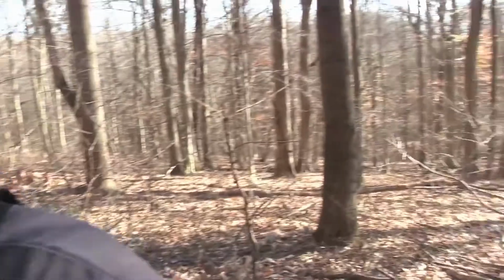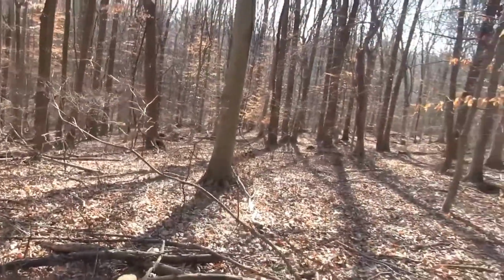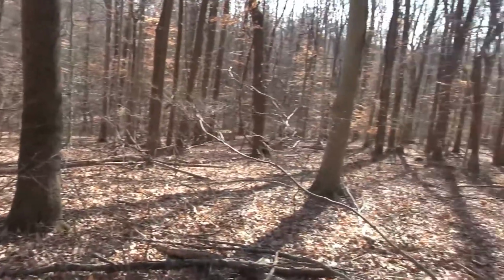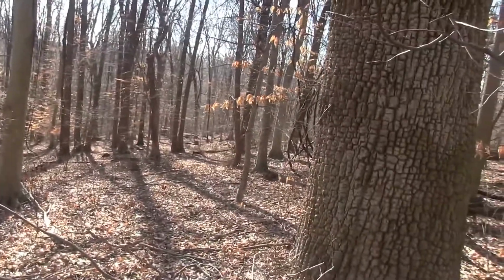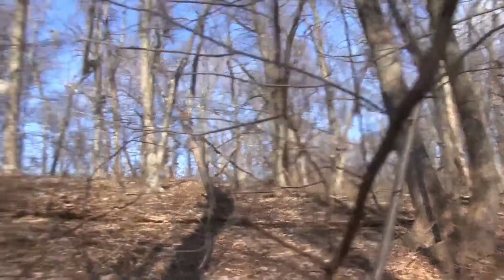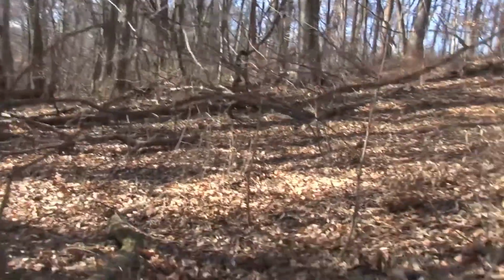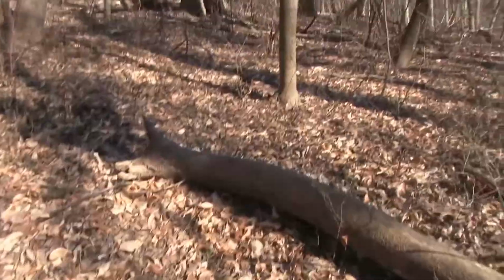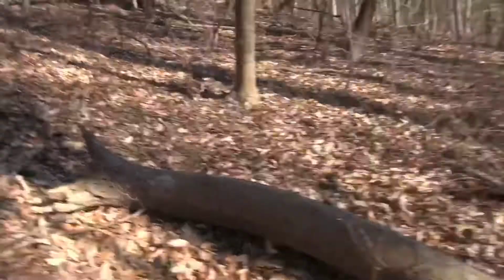So, walking this big ravine, big bottom. You can see down here, a big, huge hill. Down the bottom, there's a creek that runs through it. And working our way up toward the top, get up by the field. And this is what I was looking for right here. The old rope. And then this trail here that runs